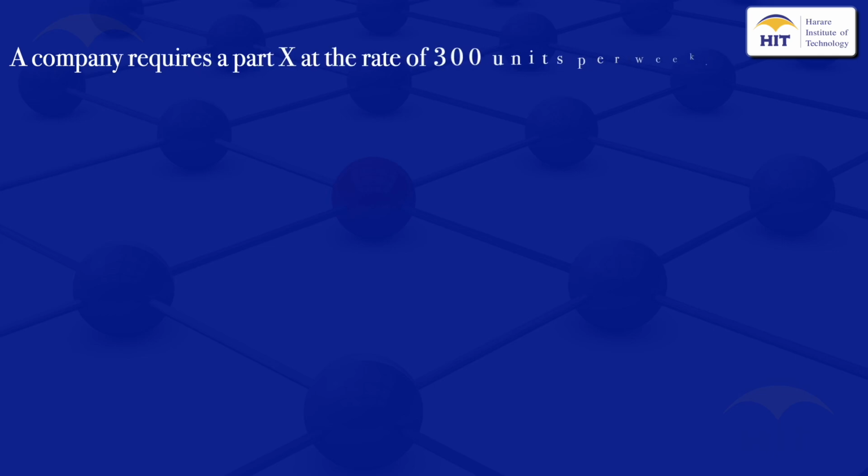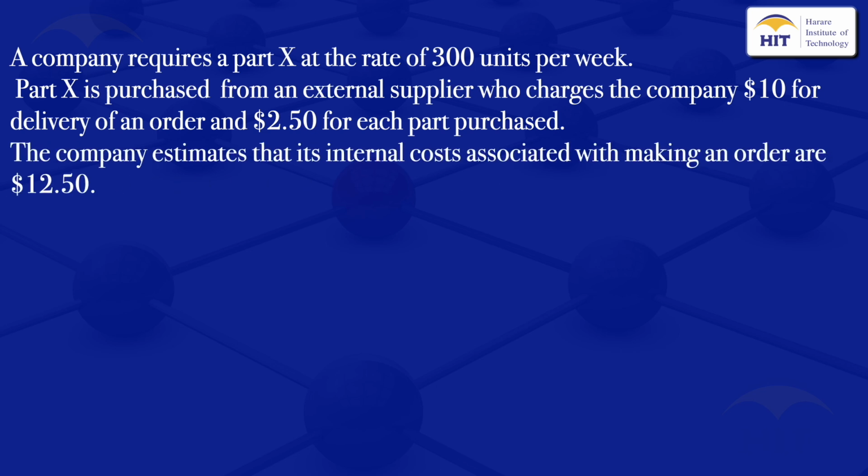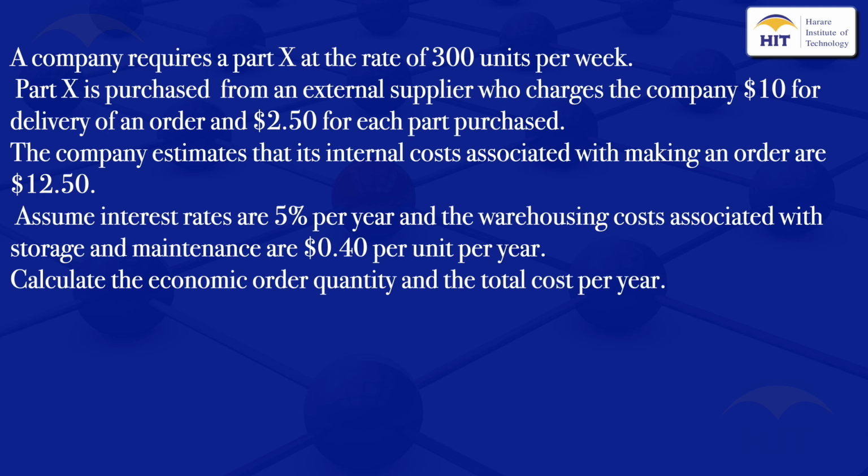A company requires a Part X at the rate of 300 units per week. Part X is purchased from an external supplier who charges the company $10 for delivery of an order and $2.50 for each part purchased. And the company estimates that its internal costs associated with making an order are $12.50. Assume interest rates are 5% per year and the warehousing costs associated with the storage and maintenance are 40 cents per unit per year. In this video, I'm going to calculate the economic order quantity and the total cost per